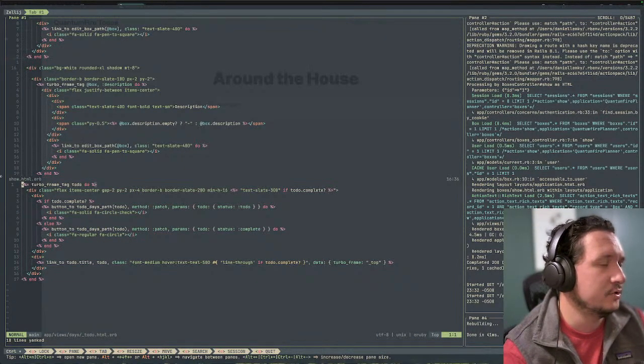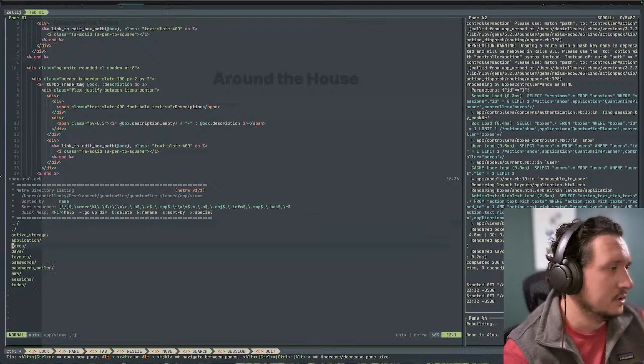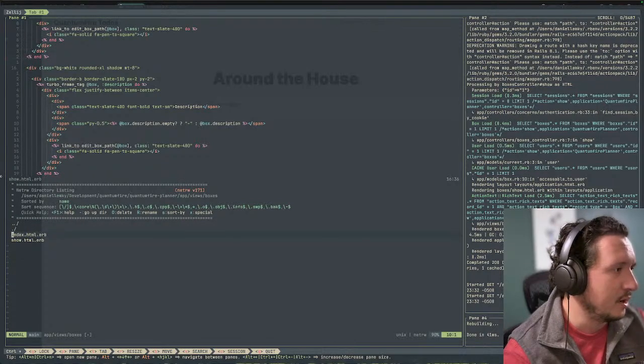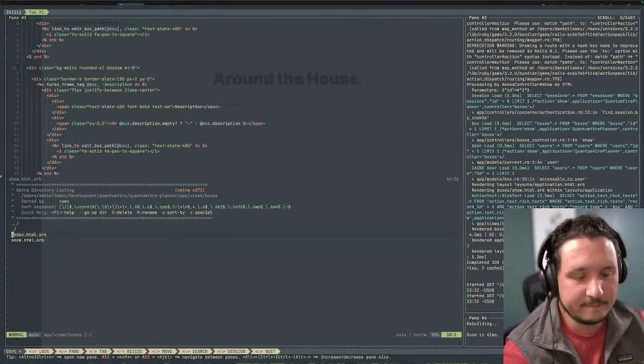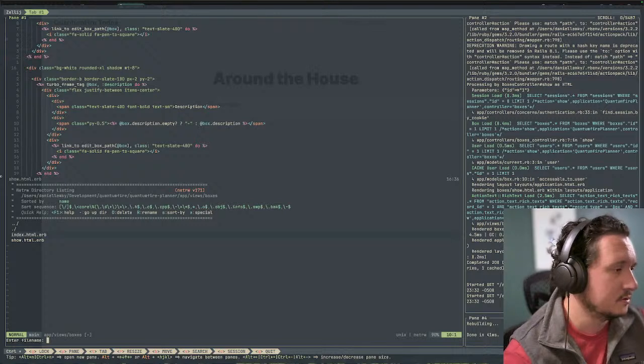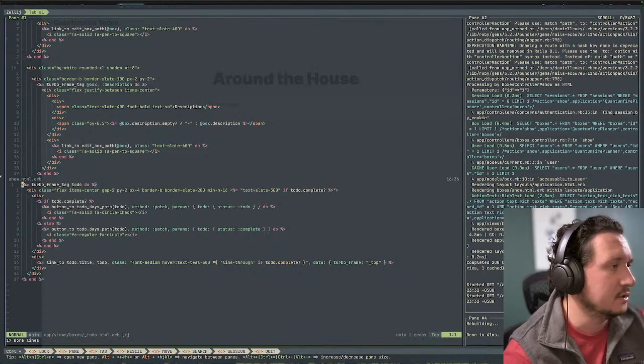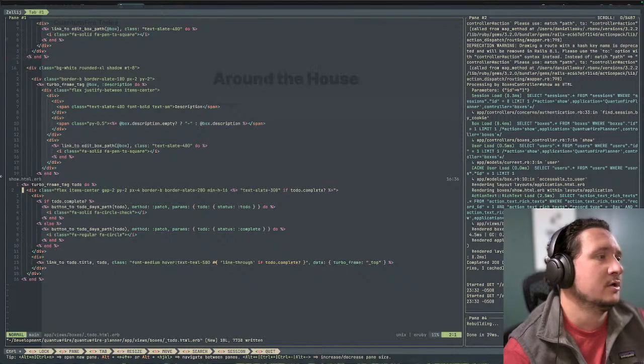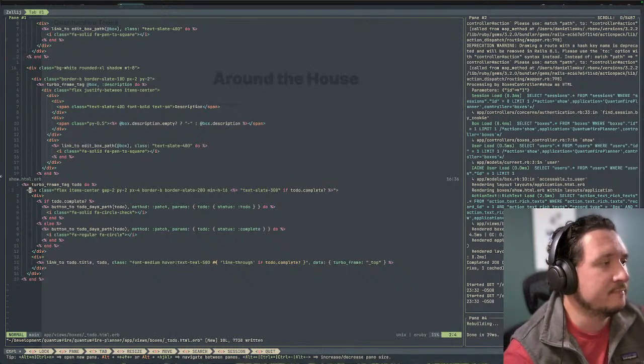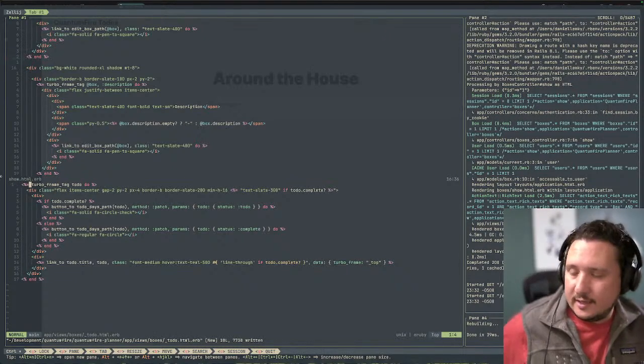And we'll create a new partial under boxes called to-do, just over at B, and you paste that in. So we'll use TurboFrame and